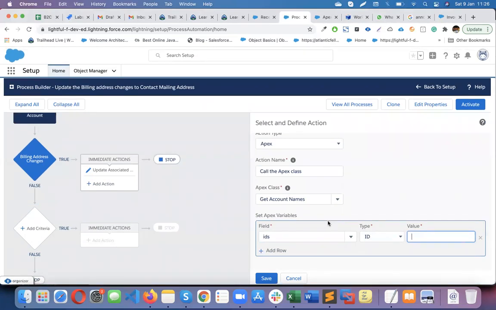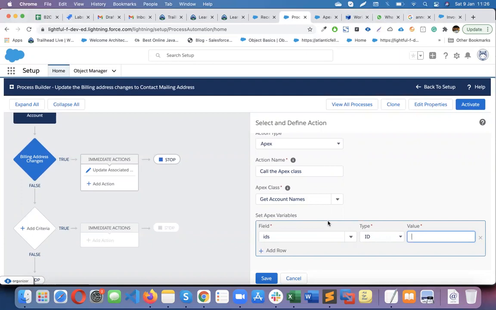And from the flow, especially like a process builder, maybe I'm not sure, you can get the response and do something like sending an email. During the email, you can get the result and store it in one variable, and then you can add that variable into an email template or something. But in flow, you can do a lot of things like this.